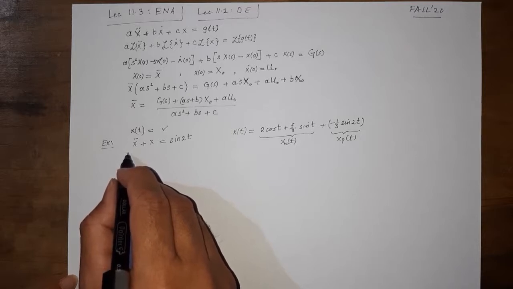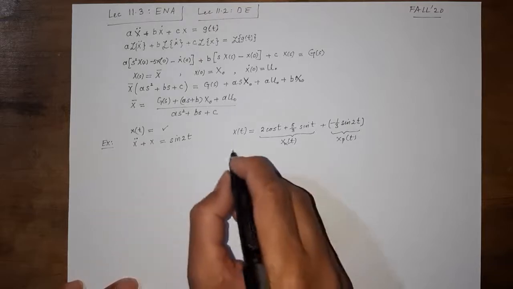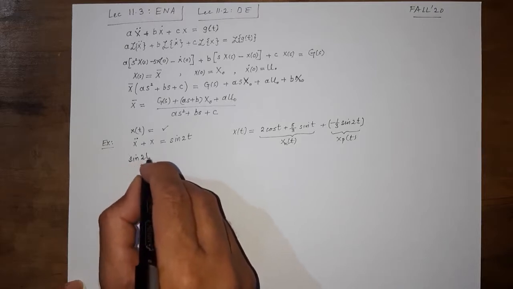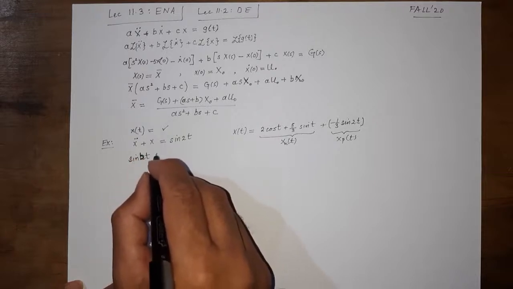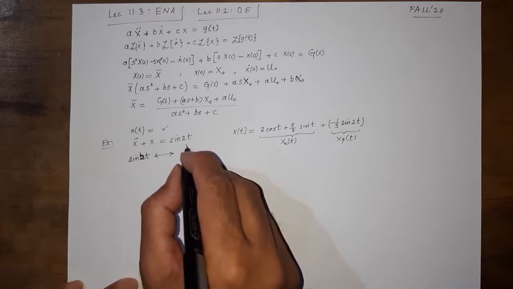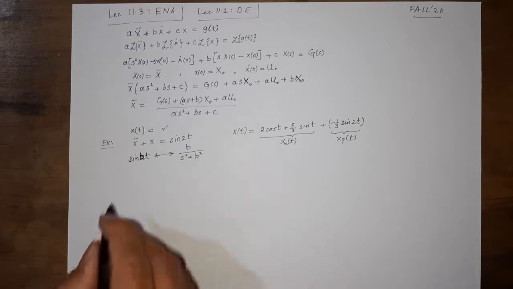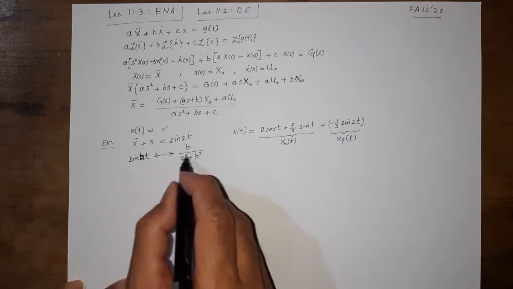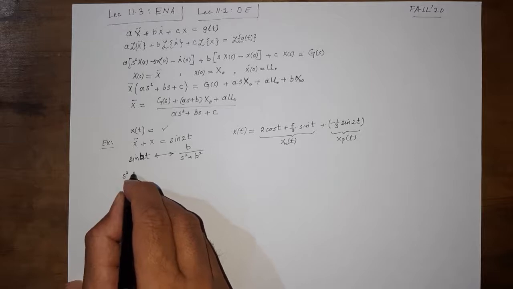So what do we do? We apply the Laplace transform here, and for that you should know the Laplace transform pair of sine of 2t. You can see that sine of bt, b being a constant, has the Laplace transform of b over s square plus b square. So it means that sine of 2t would have a Laplace transform of 2 over s square plus 4. And if we apply the Laplace transform here, we are going to get s square x of s.